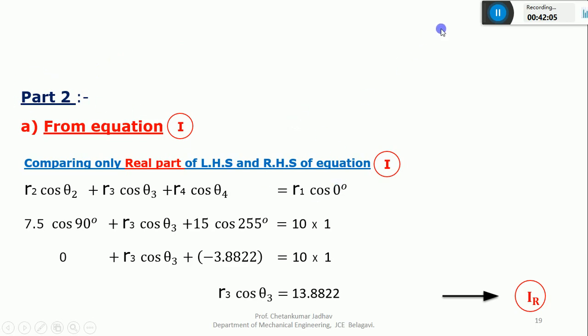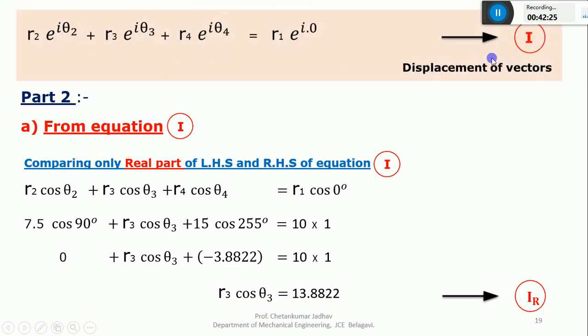So we got three equations, right? 1, 2, 3. We need to simplify the first equation, and you'll get one answer. Simplify the second equation, you'll get one answer. Simplify the third equation, you'll get one answer. Okay, the second part, just write down part 2. So from equation 1. So what is equation 1? You got this one, right? In the previous slide, I got this one. There is a displacement vector, the first equation.